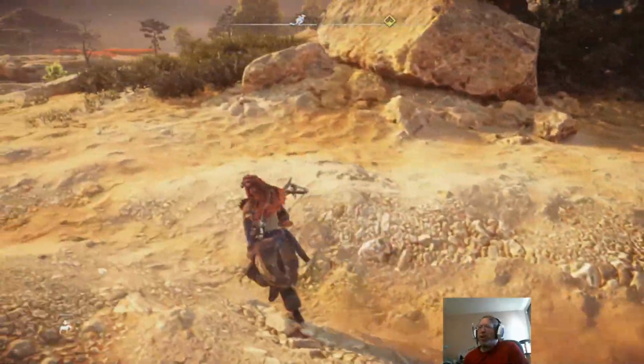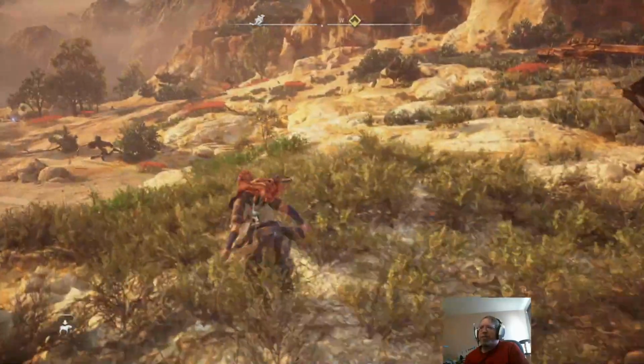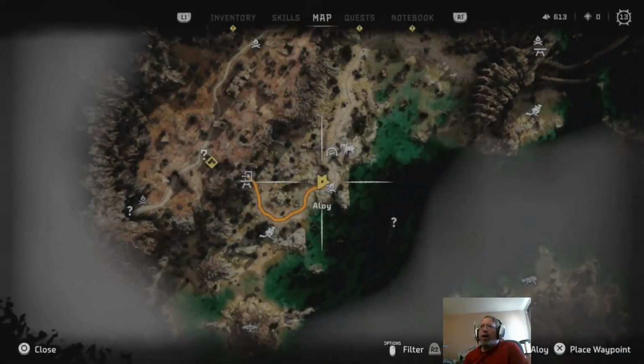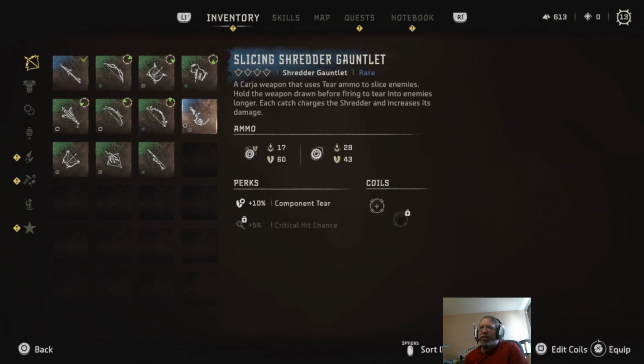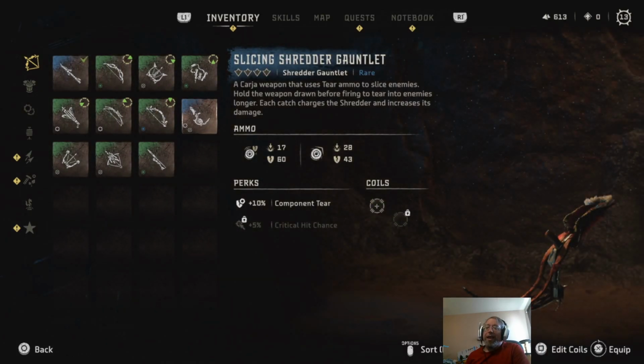But yeah, so we're gonna go poke around. Oh, I also grabbed that shredder thing, the slicing shredder gauntlet. It's interesting. I will show it off at some point. I'm not going to take the time to now. But basically, you throw it, it grinds against whatever you're throwing, and then it shoots off to the right. And if you can catch it again, it gives a damage boost. After 3 damage boosts, it's powered up fully. You throw it again, it explodes for massive damage.